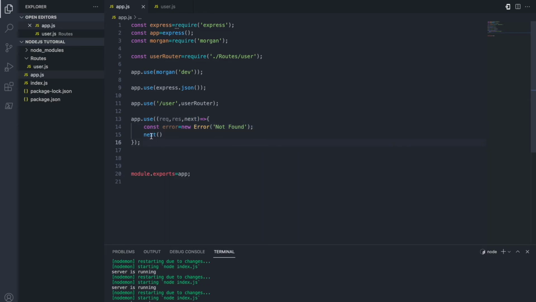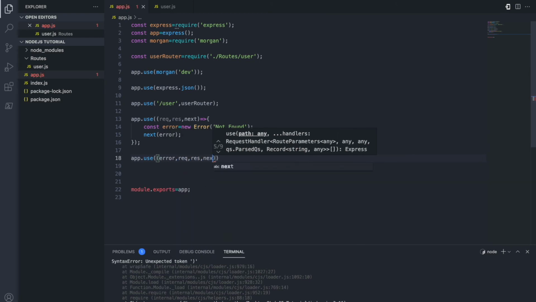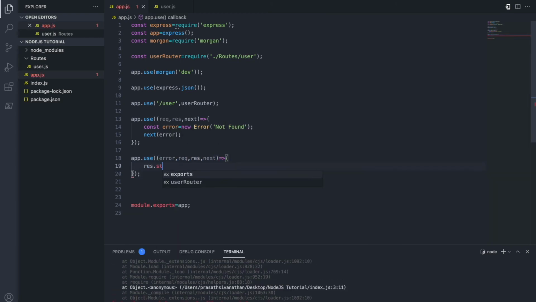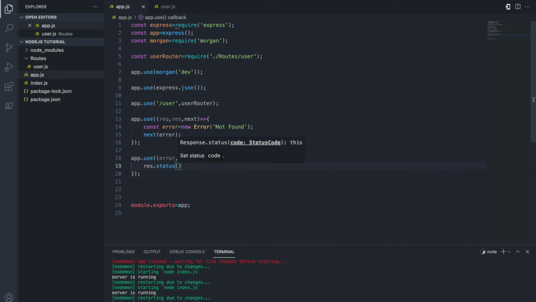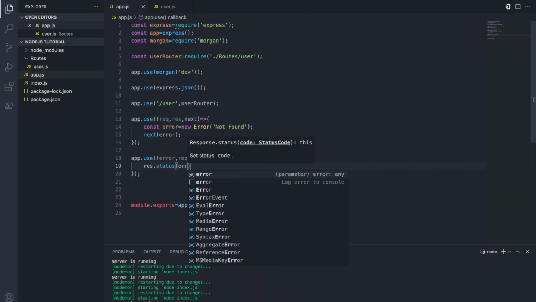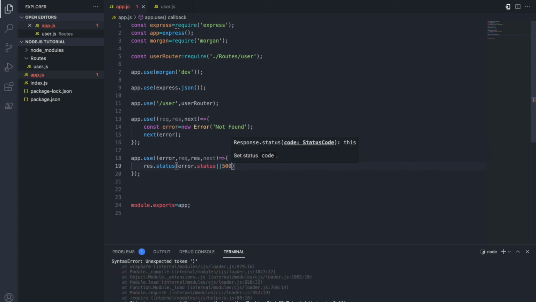After that I call next, then pass this error. Then take this error, then return the status code. error.status. After that, 500. 500 means internal server error.